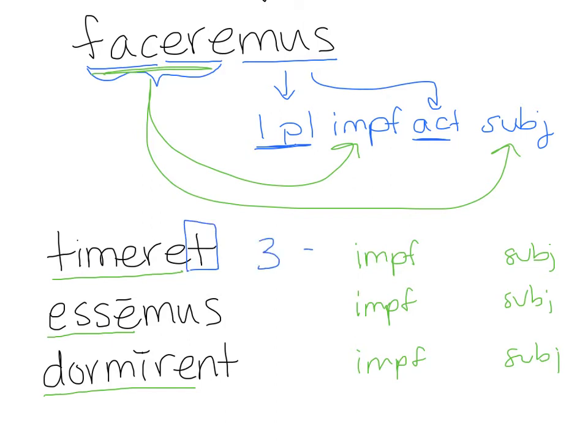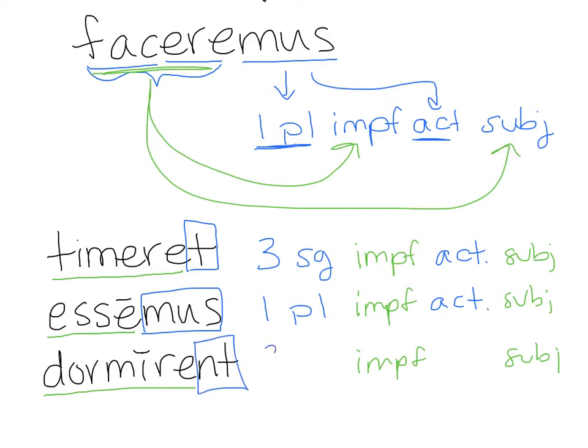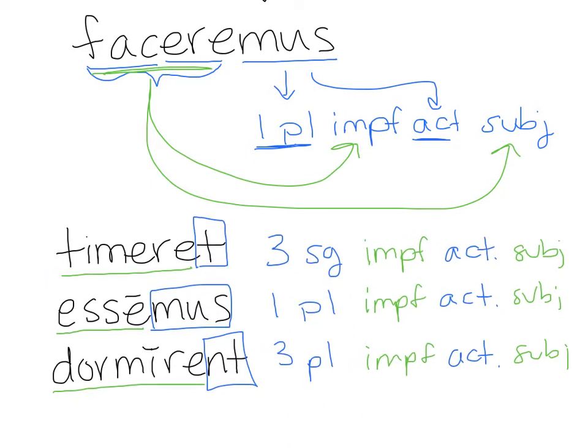T, that must be third person singular, and then that's an active ending. When I look at mus, that's first person plural, also active. And dormirent, nt, is third person plural and active. And so that's how I create these imperfect subjunctives. So we're going to try an entire verb together at the end of the lesson, though, so we have another form to learn. So right now, we know that the imperfect subjunctive is the present system infinitive, which is your second principal part, plus the personal ending. Make sure you are taking notes.